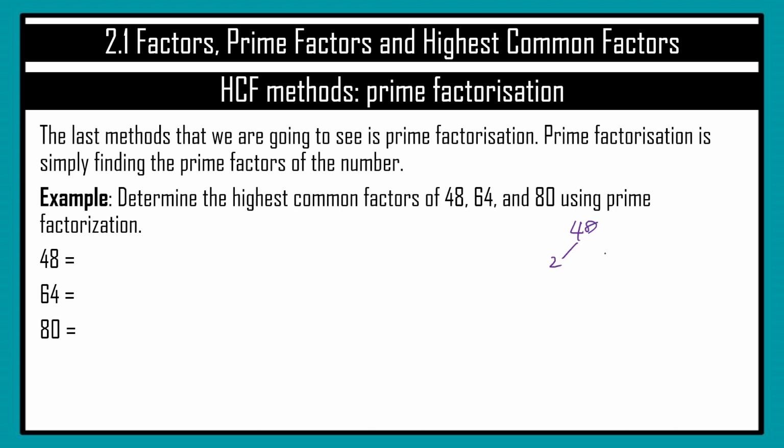When you divide with 2, you get 24, something like this. Okay, you can always refer back and then determine which one is the last one. So I know that 48 will be 2, multiply with 2, multiply with 2, 2 and 3. Right, for 64 will be 2, multiply with 2,